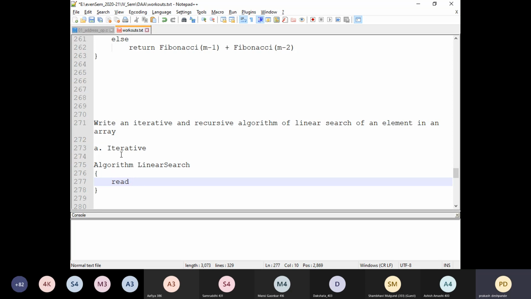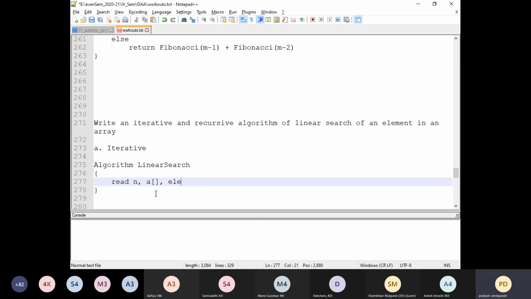First, I need the number of elements that I need to read. So read n. N will give me the number of elements that I am going to read for a particular array. Then I require an array also, right? And then I require an element which I am going to search for.